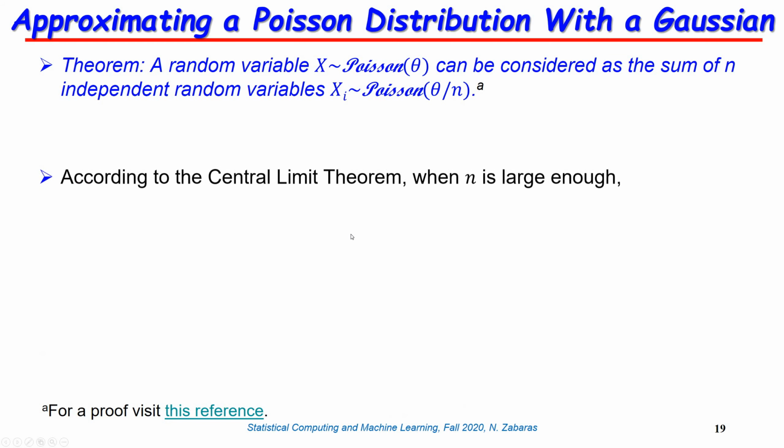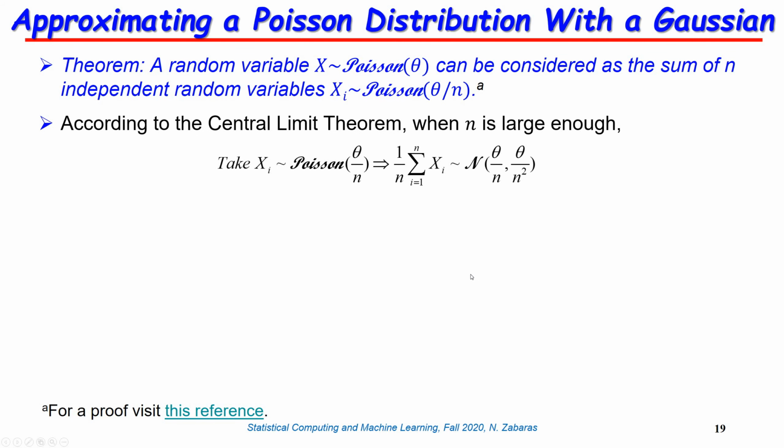and this empirical mean that we used before, and that's indeed the case. So if you take the empirical mean of these samples, we know from the central limit theorem that they're basically draws from a Gaussian that has a mean which is the same as the mean of this Poisson distribution with parameter theta over n, which is, as we know, theta over n, and has a variance that is the variance of this distribution divided by n. And the variance of this distribution is theta over n. So you get theta over n squared.